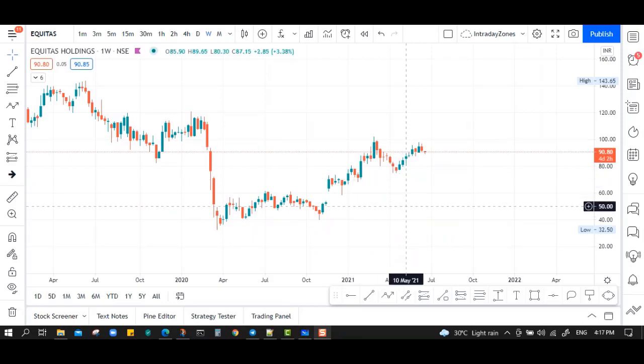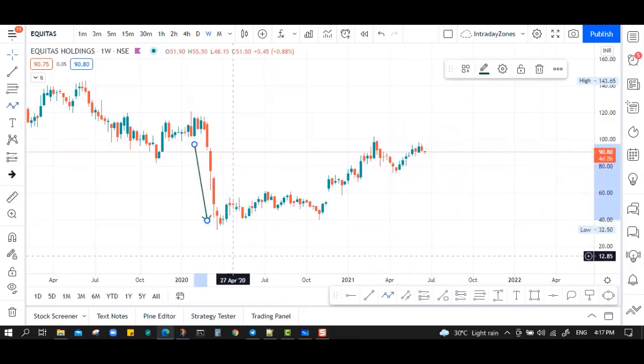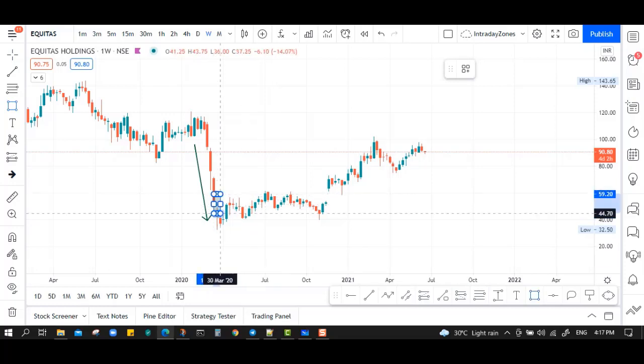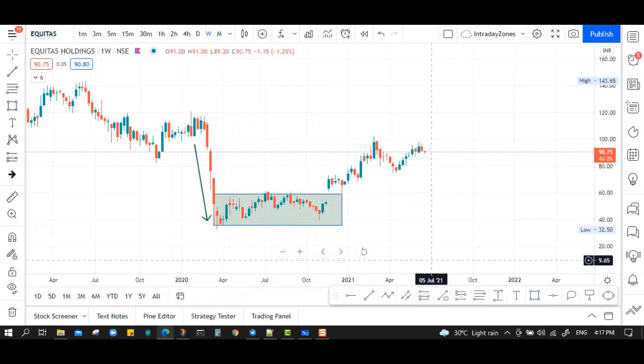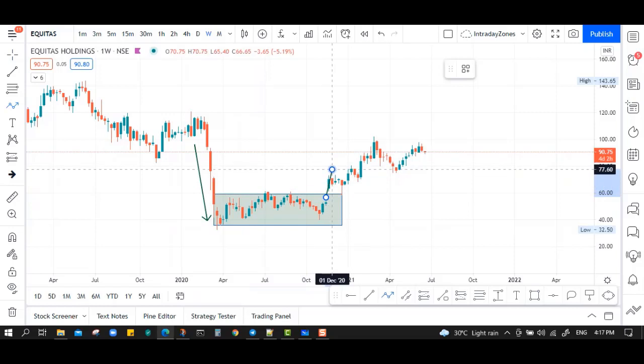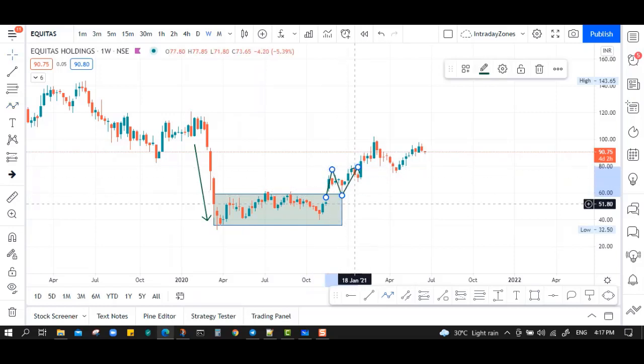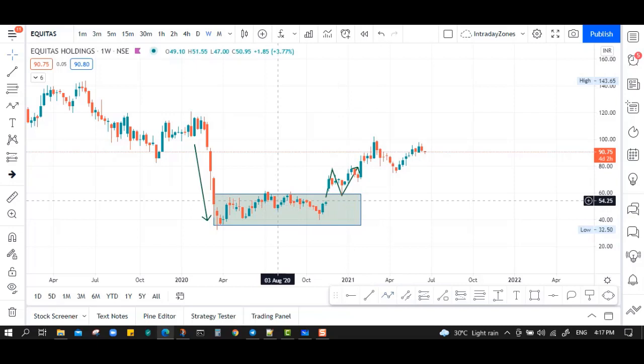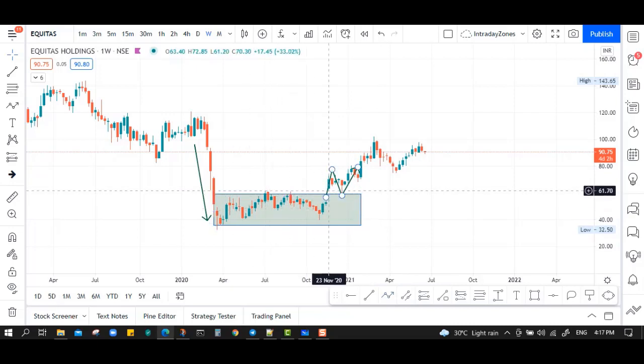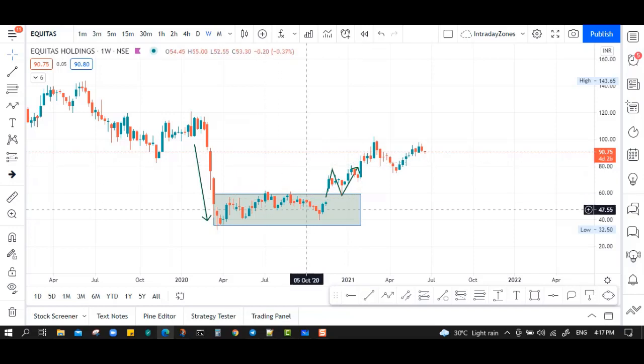So can you see this drop base rally pattern in this chart? Let me show you that. So this is a drop, okay, and this is a base. It created a base, then we got a breakout here, and then it retested it, and the market went up. As I said, this resistance here, in this case, once the resistance is broken out, then it will act as a support, okay? So then the market reversed. So this area is a demand zone, and this is a support.